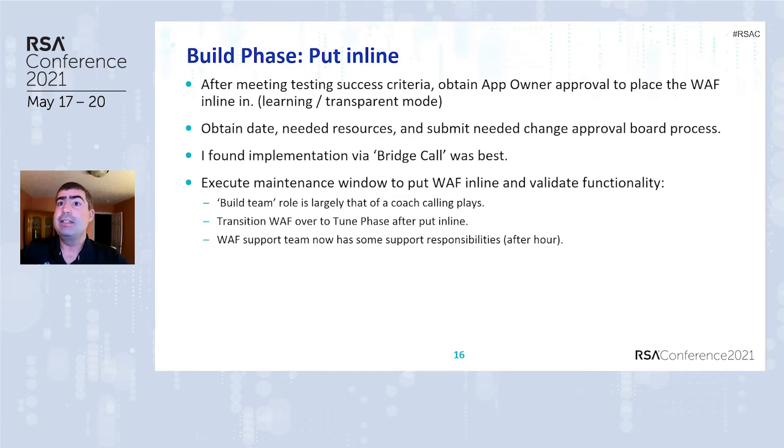I'd then ask the person that owned the access control list for the web servers to restrict the actual access so that the web servers of the application could only accept HTTPS from our web application firewalls. Once that had been done, I'd do a simple test. Can I hit the logon page? And if I could, I would then ask our testers and our app dev to please start their tests.